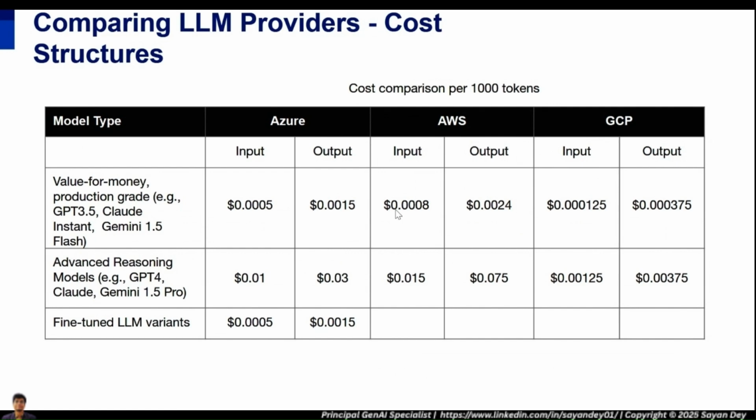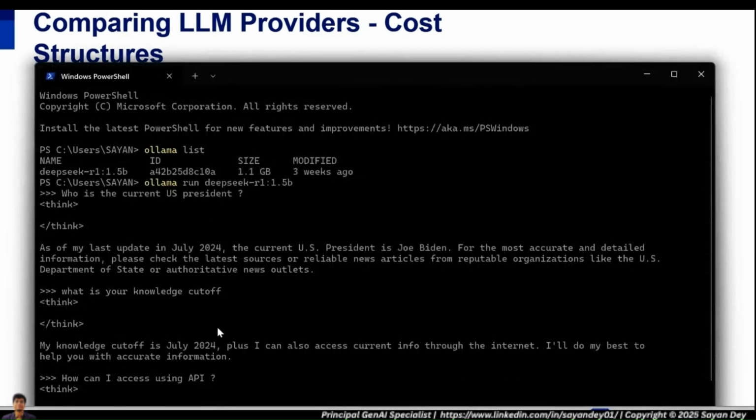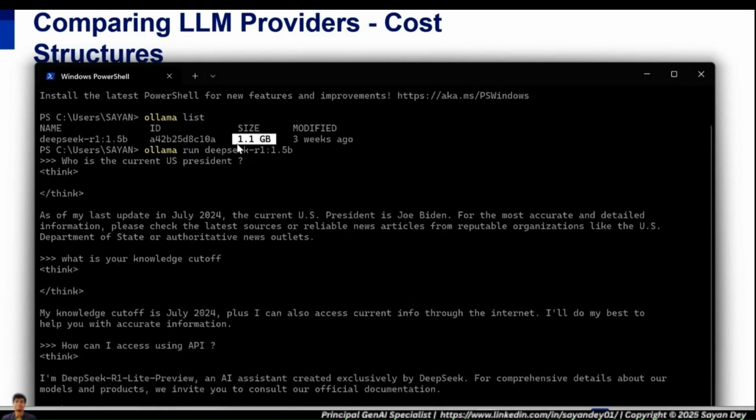And if you're not willing to invest in a good infrastructure, remember there will be latency. Now, what do I mean by latency? This one is a very basic model, right? 1.1 GB. It's a very simple model. That's why when I ask a question, I'm getting instant responses. But that will not always be the case. I will not always have something giving such quick responses. The latency will not be this low all the time, right?